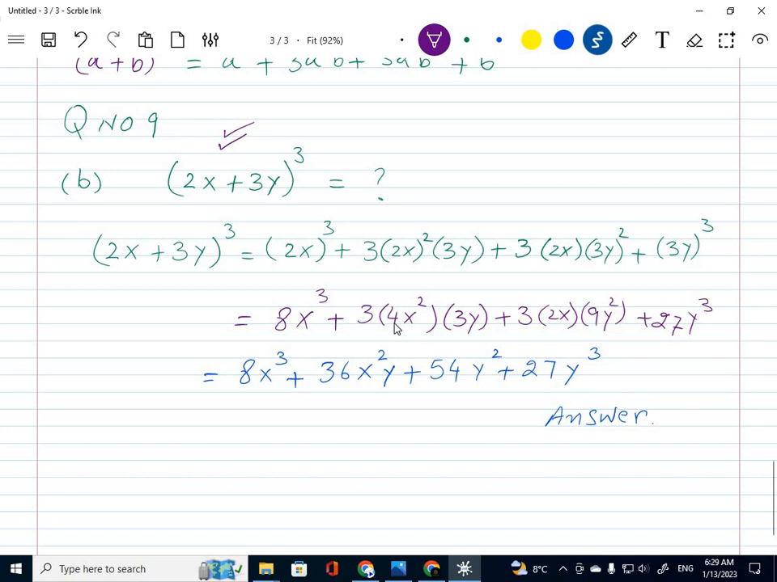3 4s are 12, 12 3s are 36, x square y, and similarly